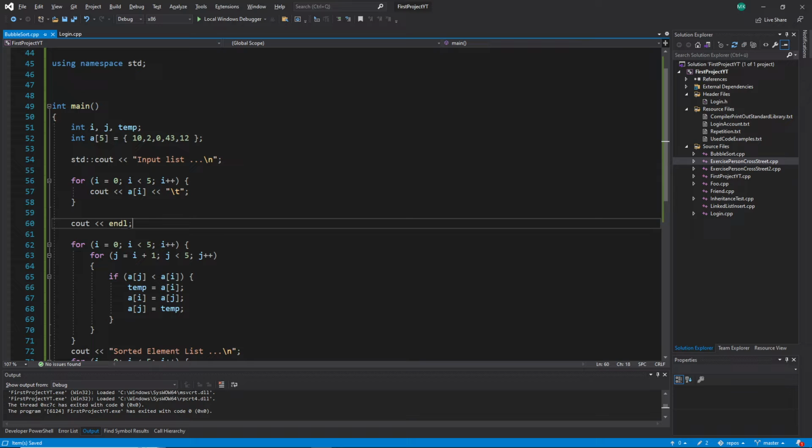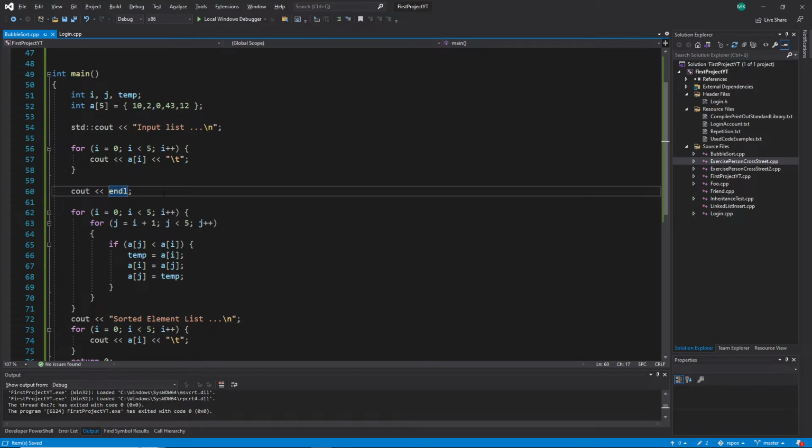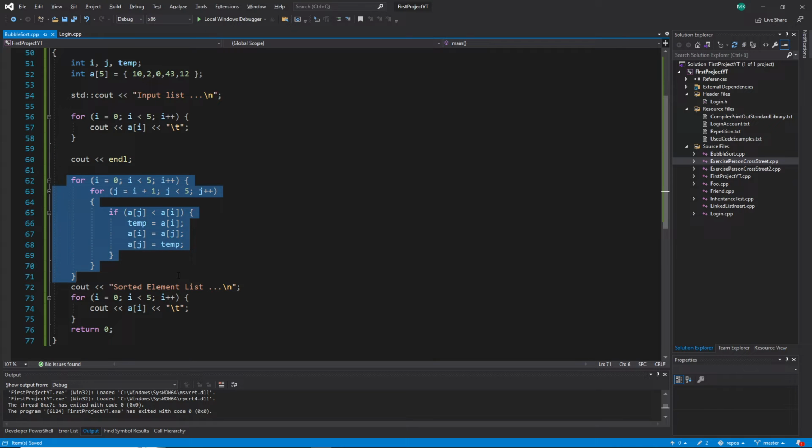Yes, we have to read a little bit more in detail what they are doing behind the scene, but in general they are doing the same thing. They are going to the next line. In this case, that's okay. All right, so I think we understand this part as well, and we go here to the main part